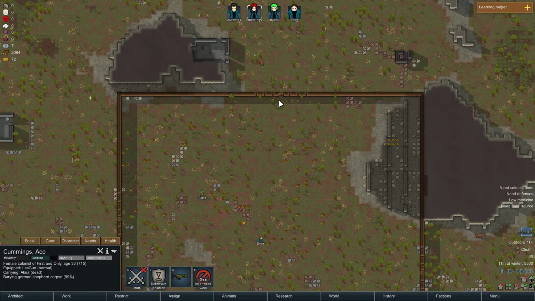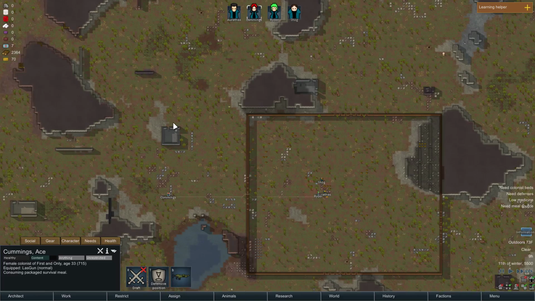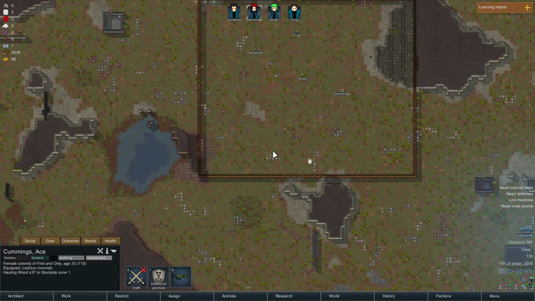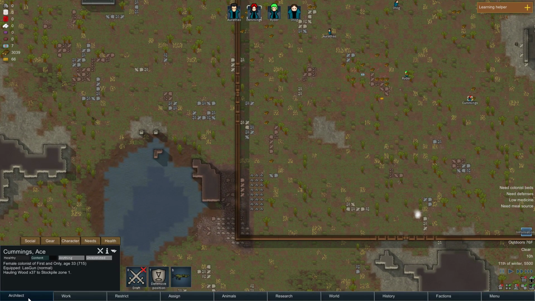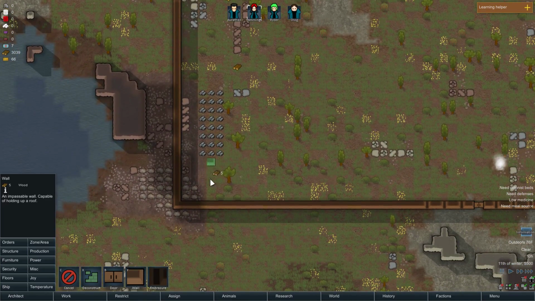So, defensive positions allows me to assign basically saved defensive positions for my colonists, so that when I activate them, basically draft them or whatever, I can hit a button to tell them to go to their defensive position, and they will immediately go there, rather than making me have to manually send them to the same spot every time to fight off an attack. So, that being done, let's go with...